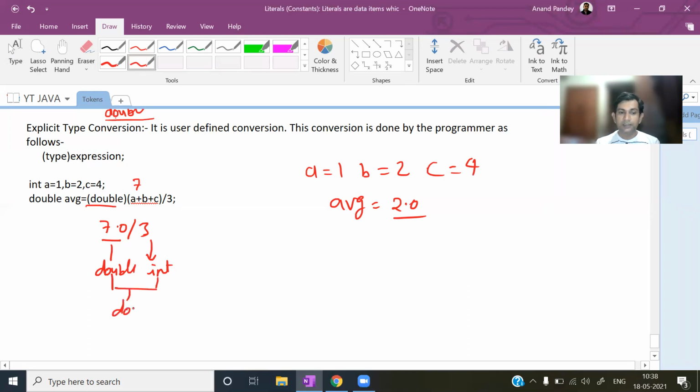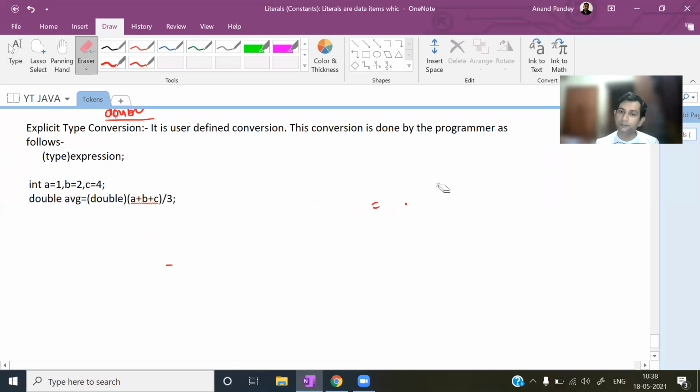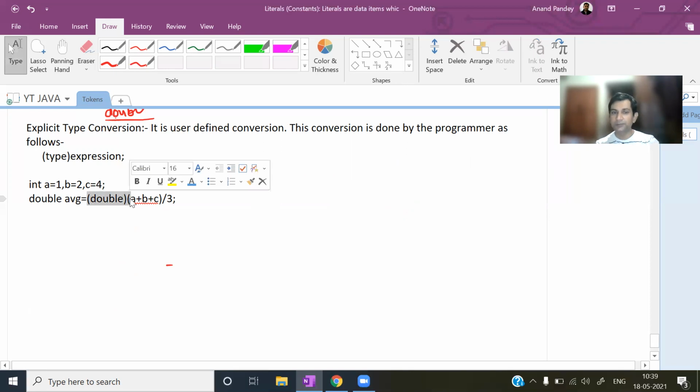Double. So finally you'll get a value of double type. So you can convert as per the requirement. We can convert into any type by overriding the implicit type conversion. This is the way. This is called explicit type conversion.